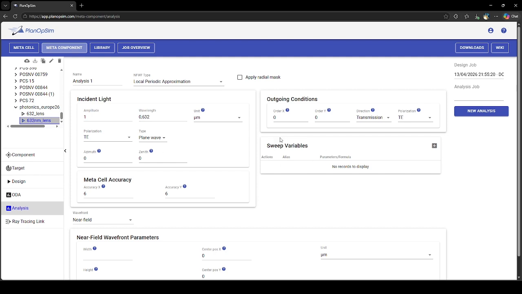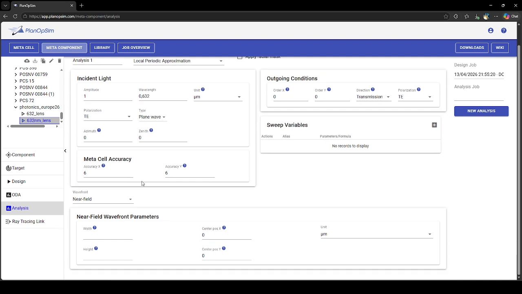Once we've designed our meta surface, we do this for a certain design wavelength, but of course in reality our wavelengths could be very different, so we can again here set the different wavelengths at which to run our analysis. This could be different angles, different polarizations, different wavelengths, or different beam profiles, and then we run to calculate the near field wavefront of our meta surface. So I will now set this, for instance, at a position of 100 microns with a width of 10 by 10 microns, and I will select